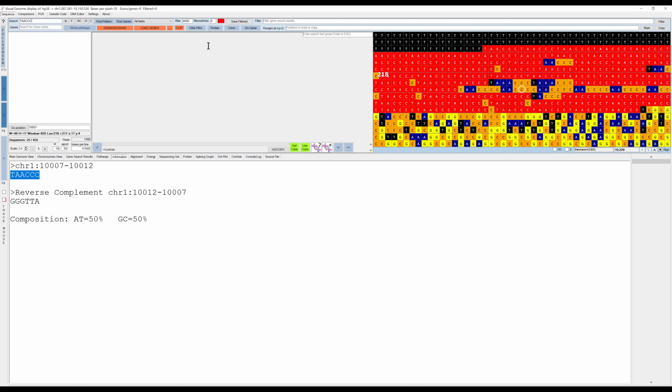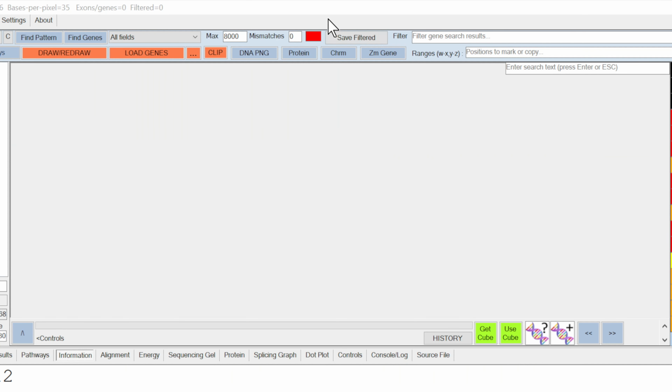And then together with that, there's this mismatches at the top here. Let's see if I could make it a little bit bigger. This mismatches allows you to increase the number of mismatches in the highlighting that it will allow.